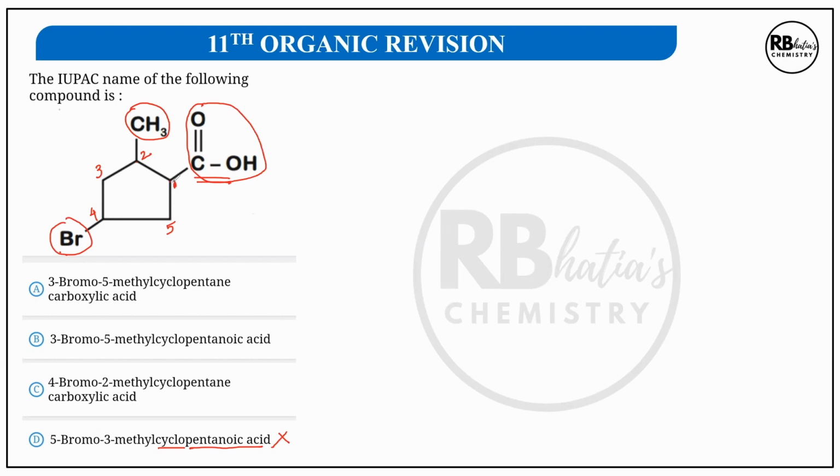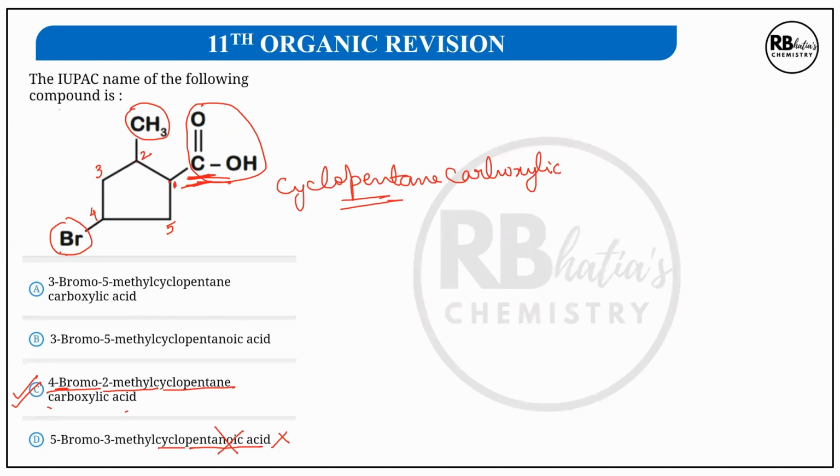One of the mistakes that you children tend to make here is writing cyclopentanoic. Don't say pentanoic. When you write cyclopent, the pent is not including this carbon. So in order to account for this carbon, we will write it as cyclopentane carboxylic acid. We will not write it as oic acid. Keeping all this in mind, the correct name becomes 4-bromo, since B alphabetically comes first, then 2-methyl, then cyclopentane and carboxylic acid. We will not write it as oic acid.